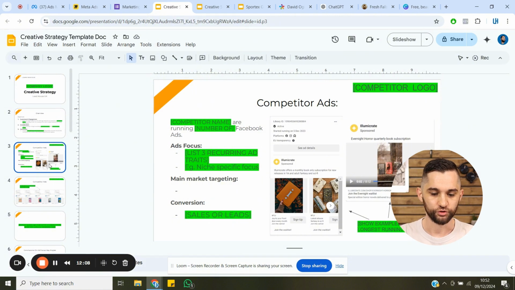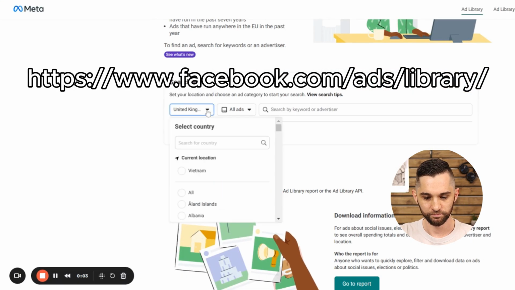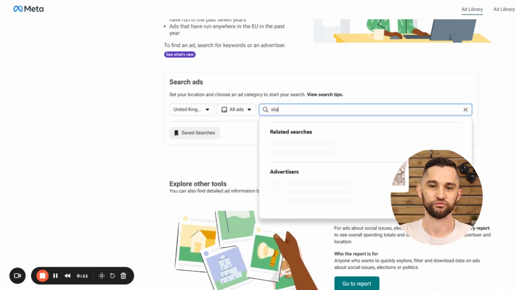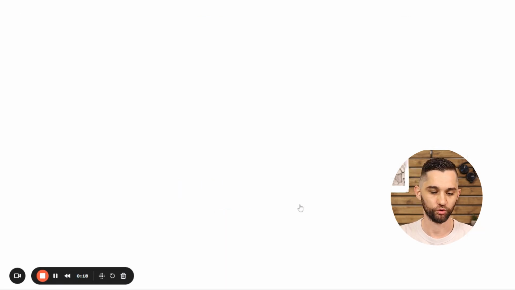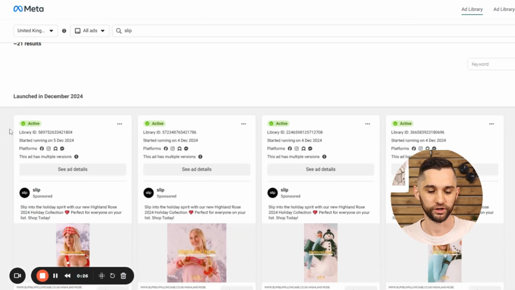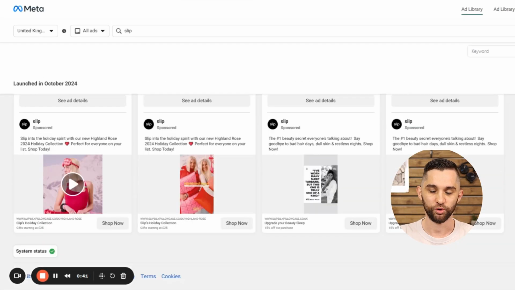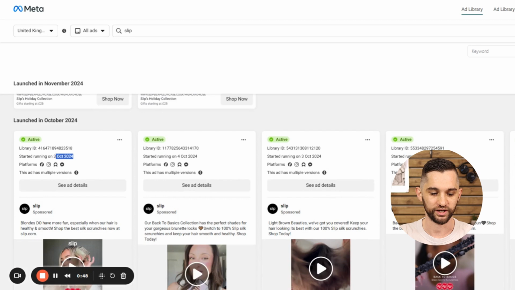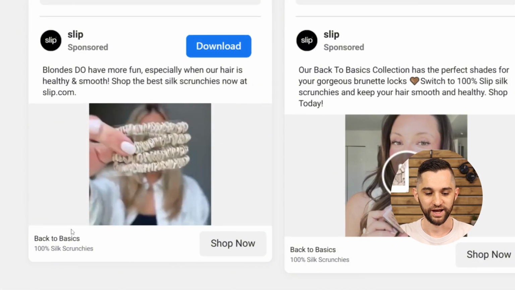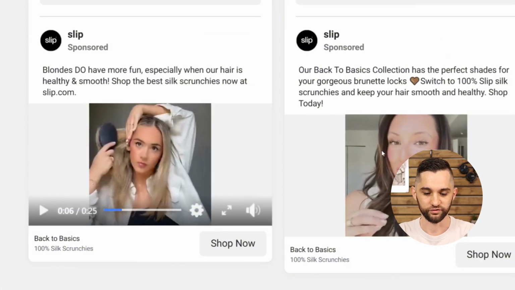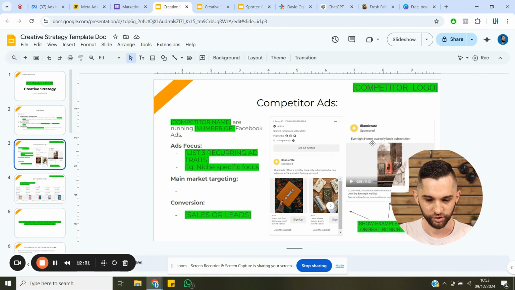So you're going to go through, do that, and then for about 3 or 4 competitors, you're going to go into the ads library, look at the kind of ads that they're running, how long they've been running for, to get an idea of what's working well. If it's been running for a few months, 5 months, 3 months even, it's probably doing decent. So you're going to look at and list the styles of ads that they're running. So for example, in this template, we've got video ads, carousel ads, and you're going to just go through this